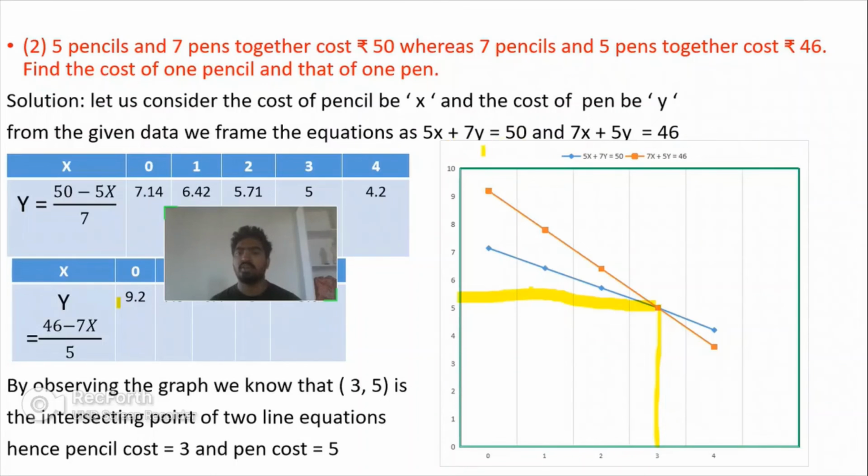If I substitute x is equal to 3 and y is equal to 5 in the first equation, then we get 5 into 3, 15, plus 7 into 5, 35. 15 plus 35 is equal to 50. So the first equation is satisfied. For the second equation, if we substitute x is equal to 3 and y is equal to 5, then we get 7 into 3, which is equal to 21, and 5 into 5, 25. So 21 plus 25 is equal to 46. As these two equations are verified,